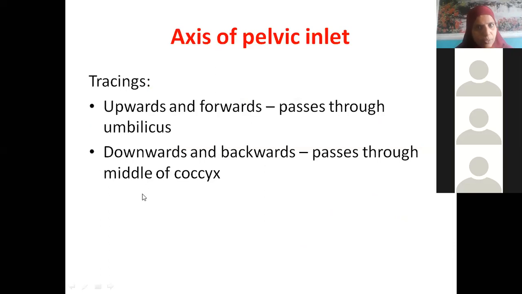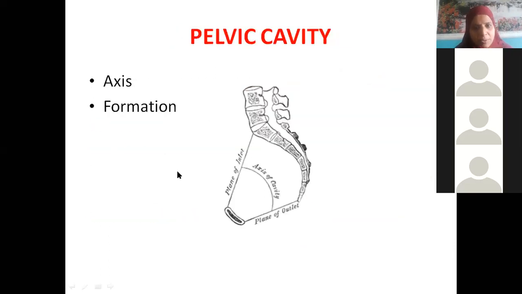Now after that you see this is the pelvic cavity. That means the inlet is like this plane. What is this bone? You tell me. Lumbar vertebra, L4. Yes, this is lumbar, beta, L4, L5. This whole thing is the sacrum, from here to here, and the lower one is the coccyx.